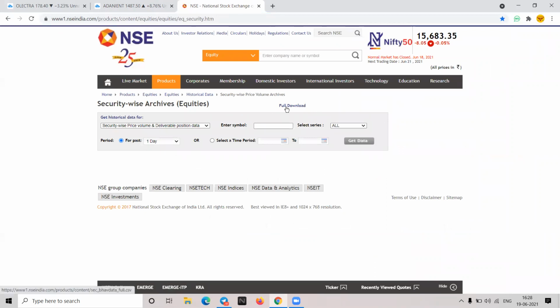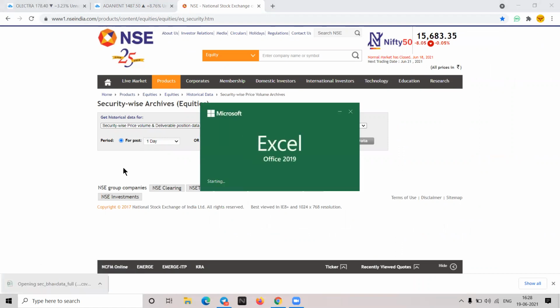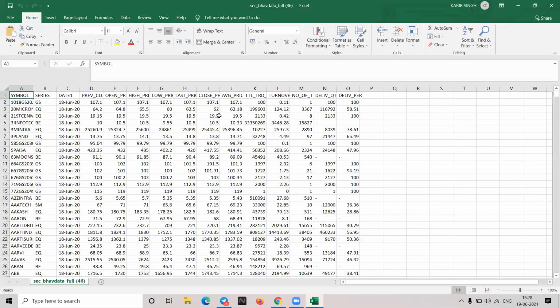So there were two ways. Here in this website, this link is already shared. Have you seen that? Yes, sir, I have seen. Right. So from here, if you just click on full download, you'll get this file. Here you can simply apply a few filters. This is the file, right? This is how it will open.